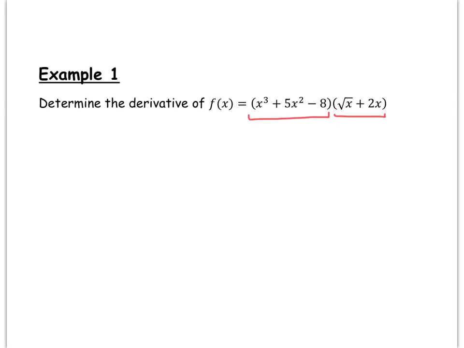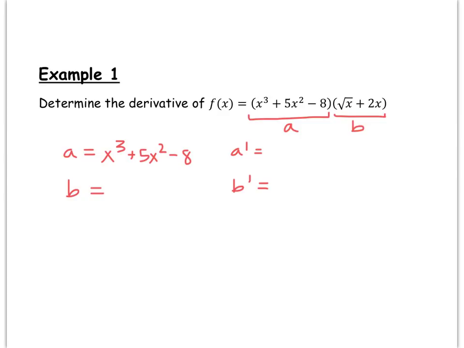So again, it's a good habit to give the two parts of this product a label, and I'm going to mix it up and just call them a and b this time. So we'll call the first function here a and the second function b. And again, the ingredients are the two original functions and their derivatives. So let's see. The original function a is just x cubed plus 5x squared minus 8,